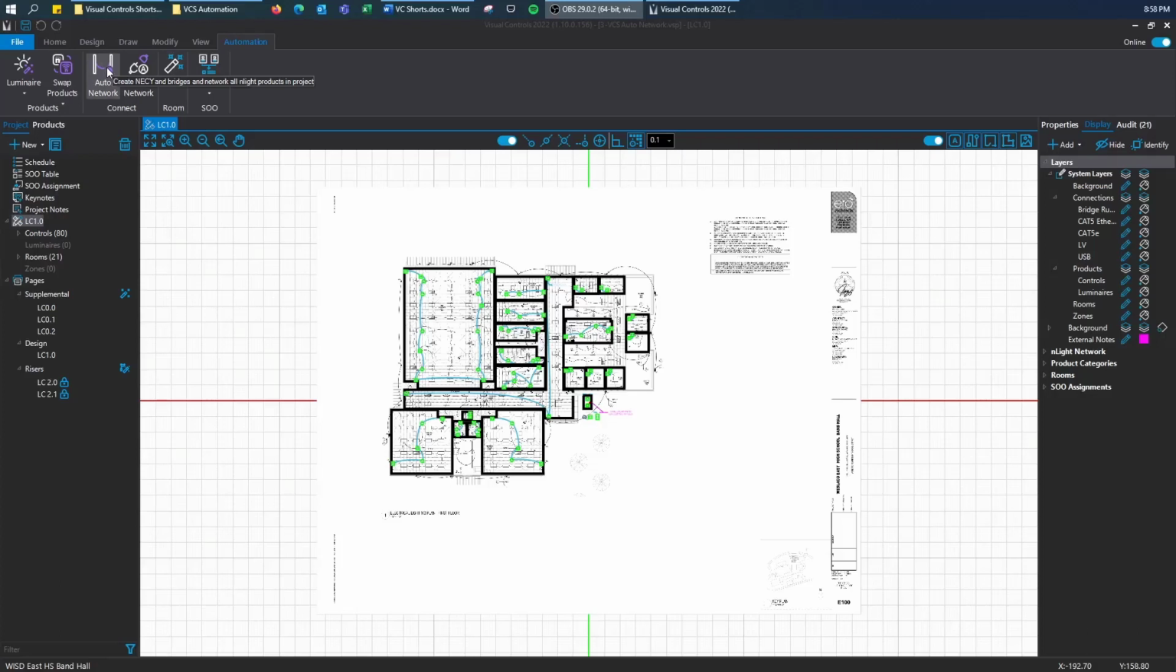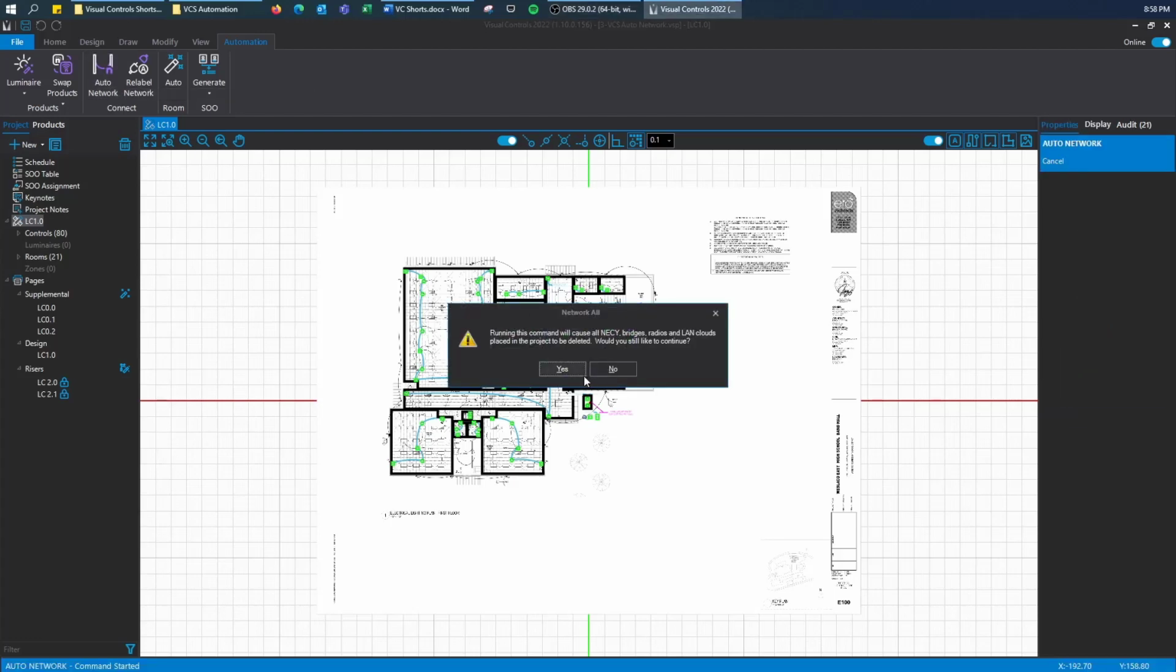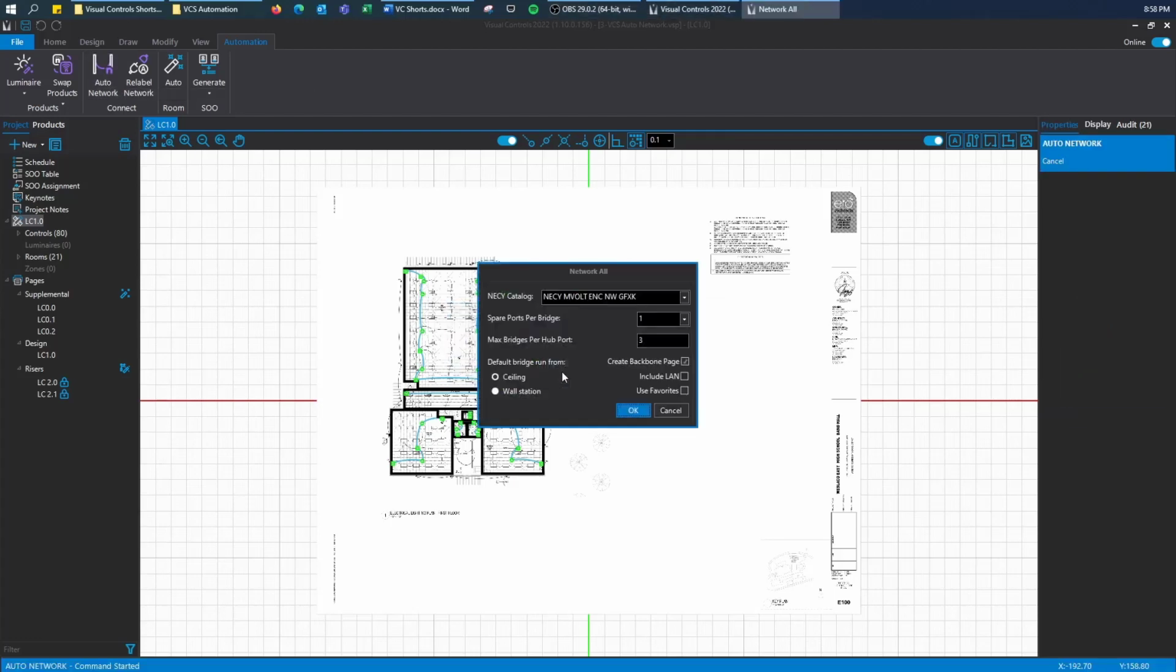The next feature we'll be demonstrating is the Auto Network and Relabel Network tools. The Auto Network tool will allow you to network your entire project, provided that all of your nLightWire devices are connected properly with Cat5. I'll go ahead and click my Auto Network button, hit yes, and a pop-up window will give me several options